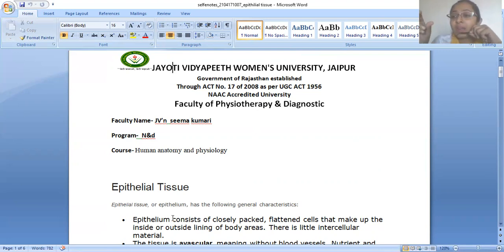and how they are named. Whatever the type of cell, the shape of the cell, or whether cilia are present or not, they are named according to them. So hereby we are completing the epithelial tissue, and here we have covered the basic information about the epithelium.